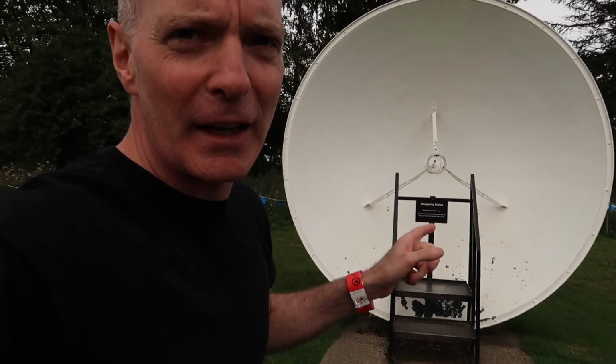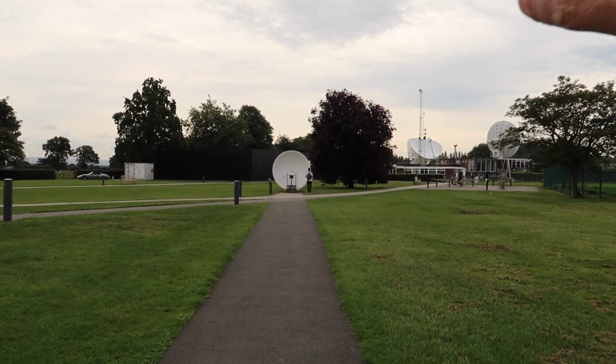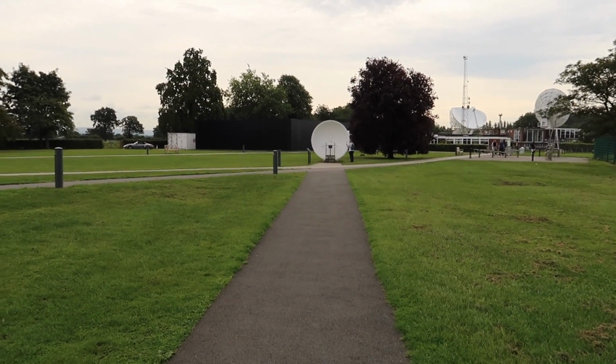So Lewis and I shall now demonstrate how a dish works. So you know the dish, your satellite dish sits like that. You see my hand, and the signals come into it and it concentrates them at the centre. Well, we shall now demonstrate through the means of science how that works. Lewis, are you ready? So I'm going to stand in front of this dish here. If you've been here, you'll know what this is all about. I'm going to stand in front of the dish there, and Lewis is way over there, as you can see. And he's going to whisper into his dish. And because the dishes are directly opposite each other and they concentrate the sound, I should hopefully be able to hear him. Ready? I've got to stand here